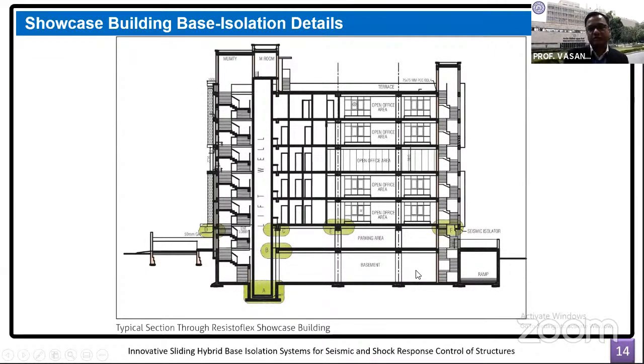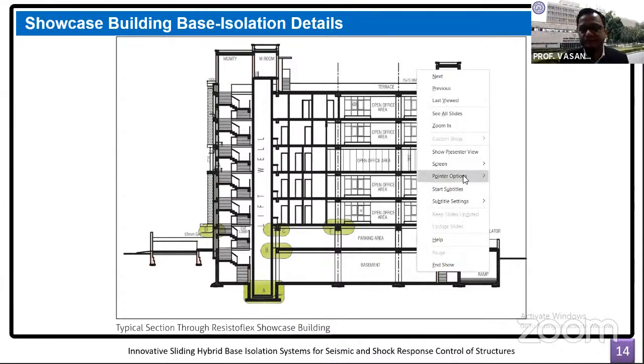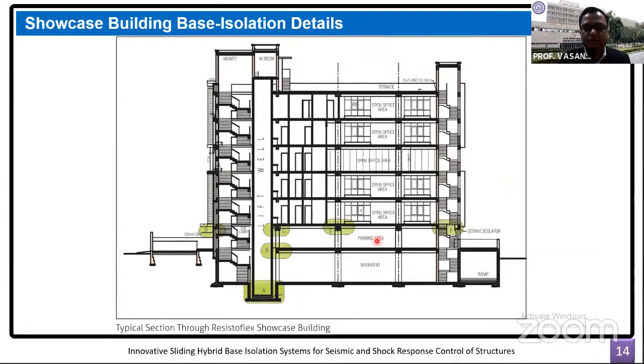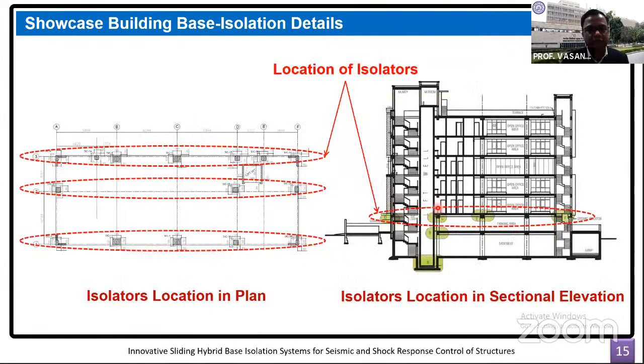And what are the other details in this part? What you would also notice from this is the sizes of the columns. So sizes of the columns below the isolation systems are relatively bulkier as compared to the sizes of the columns above that. And again, it was a deliberate design decision that we had taken. And the advantage of this base isolation system incorporated in the structure was, of course, reducing down the design requirements or the demand on the superstructure above the isolation level.